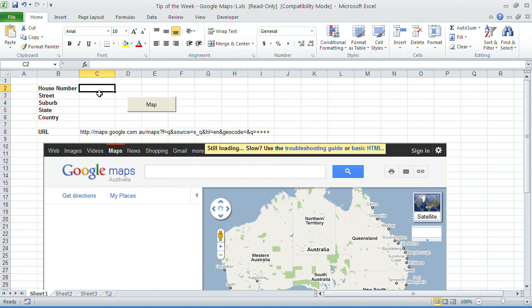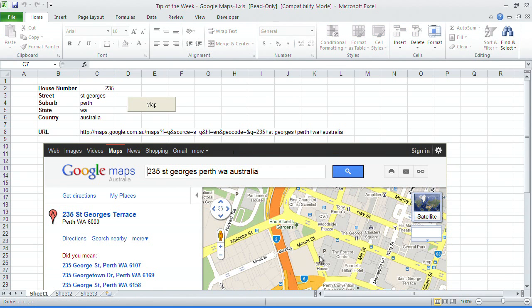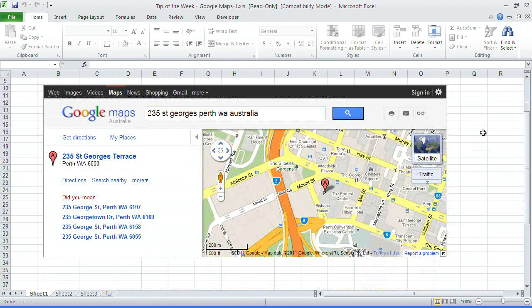So let's just go with a commercial city address at the moment. So it will be Perth, state WA, and country Australia. We hit map, and it zooms straight in. And you can see it will come up with the alternatives, but that's where it's actually come up with the